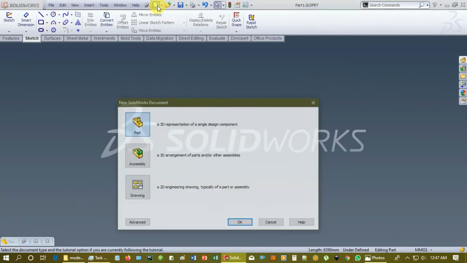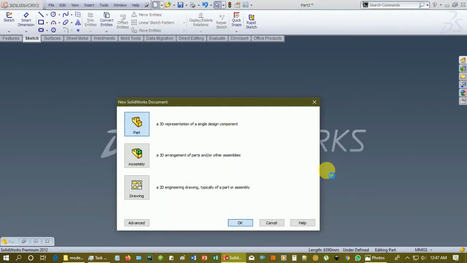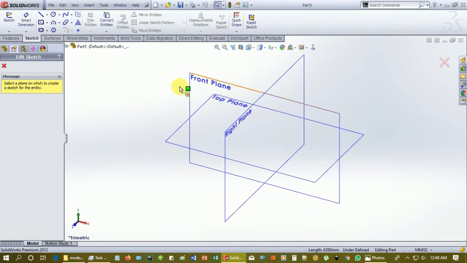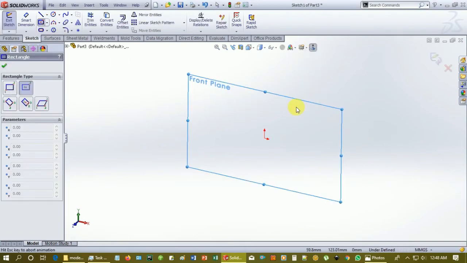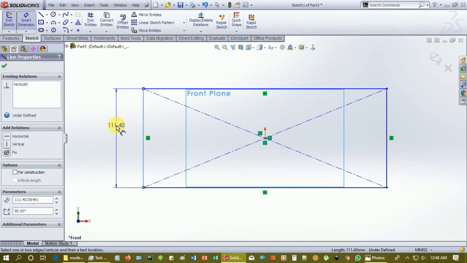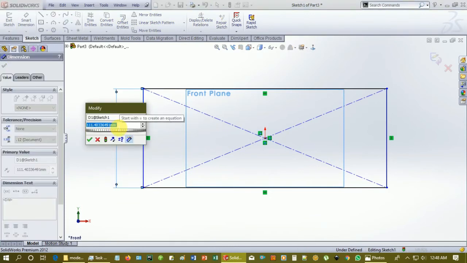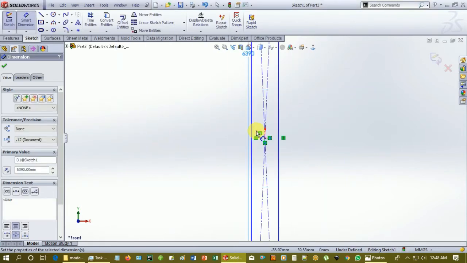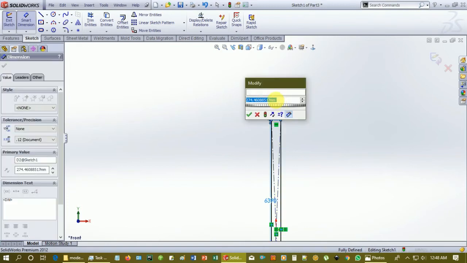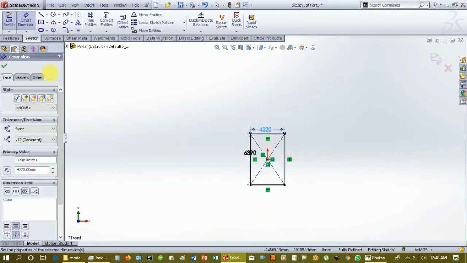So go new part, open and select sketch and center rectangle, select front plane, normal to make a rectangle, give the dimension, give the length of the rectangle 9390, give the width 4320. Okay,